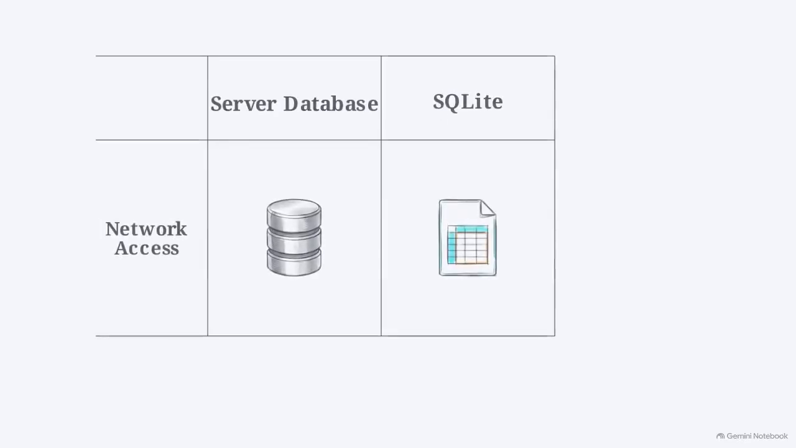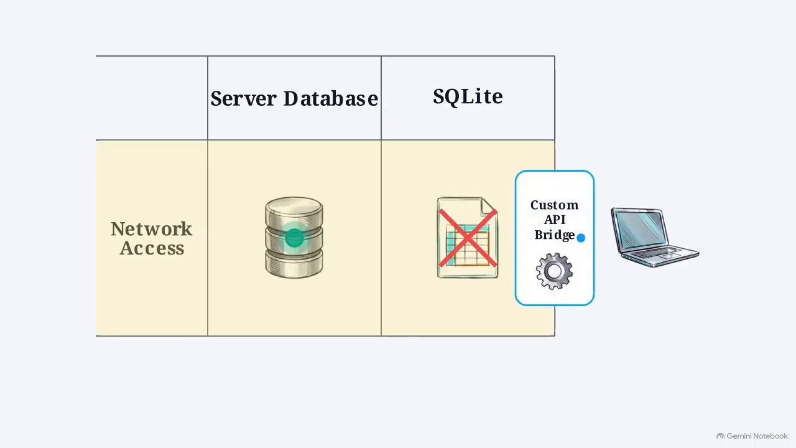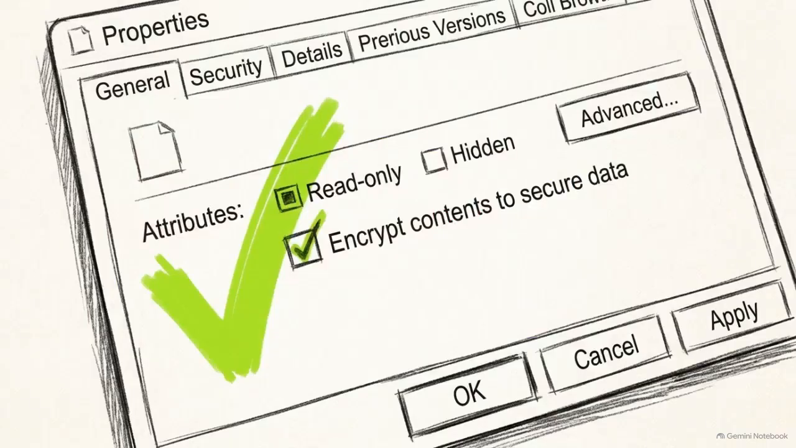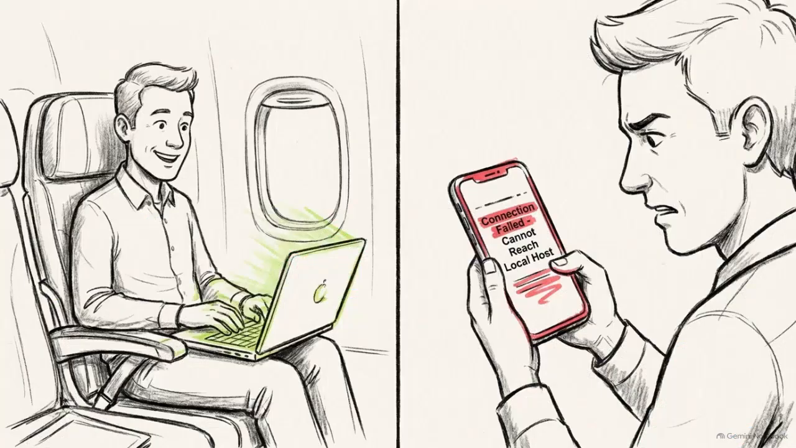Looking at this comparison matrix, we see the resulting trade-off in the network access row. The embedded single file lacks built-in network access. External systems cannot remotely query SQLite natively. To read that data, developers must build a custom API bridge. And while you can apply encryption extensions, your data security is ultimately limited to the physical, local file system controls of the machine hosting the file. SQLite gives you ultimate local portability, but you sacrifice the native ability to act as a shared remote data hub